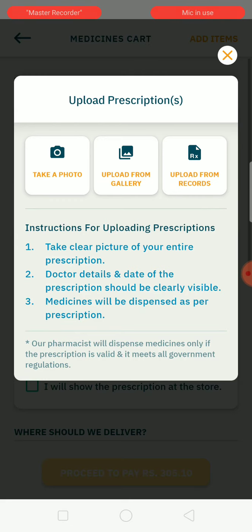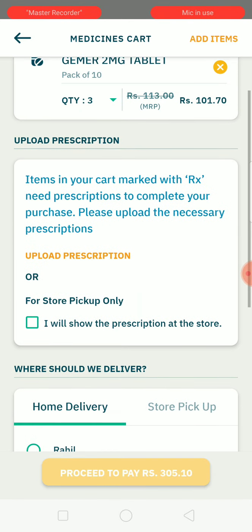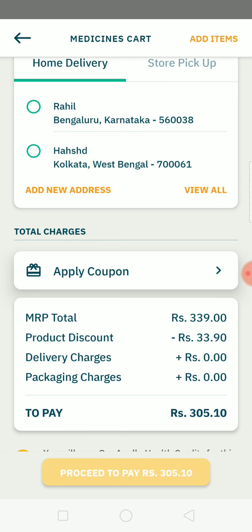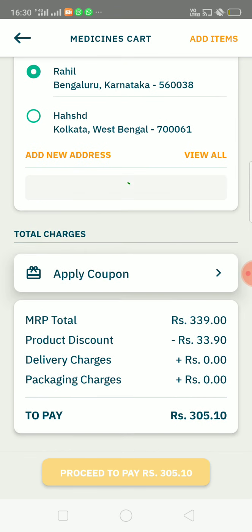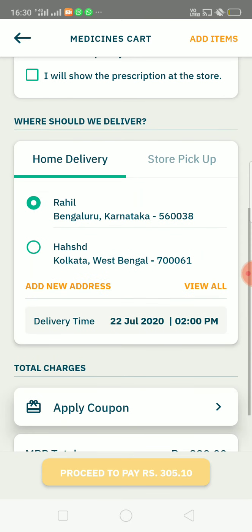After that, I just need to upload my prescription. I can just click a photo of my prescription, I can upload it from gallery, or I can upload it from my RX record, which is the earlier record that I am having. I have a few already ordered addresses out here. I have just added random addresses here. So let's say I am just adding this random address here, and the medicine total is 305. As you can see, there is a 10% discount on the medicines for the customers, or actually on all the products.